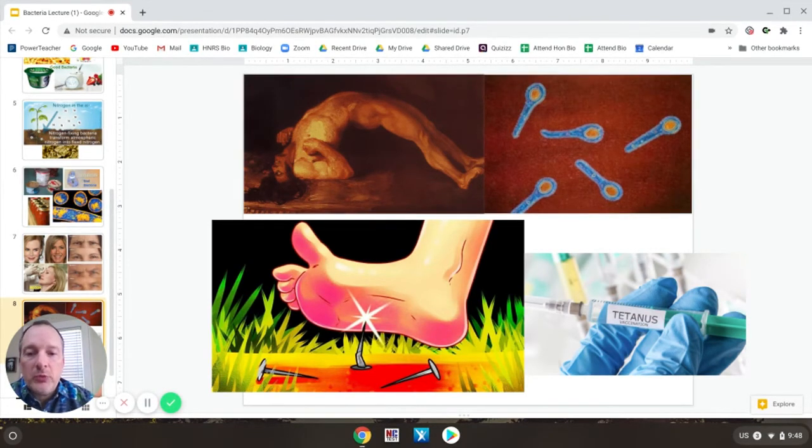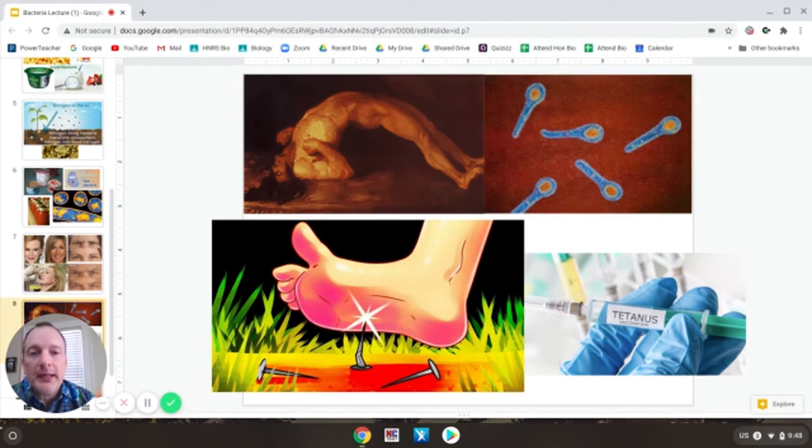But if you get a puncture wound, if you step on a nail or something like that and it goes into your foot, and then when you pull the nail out, that wound seals up and there's a cavity up in there that the nail created, then tetanus bacteria that could have been on the nail or anything. I know a lot of people think it's just metal nails, but it could be on a piece of wood. Anything that punctures your skin and leaves a hole, or leaves a canal up in your foot or arm or whatever, it can have that